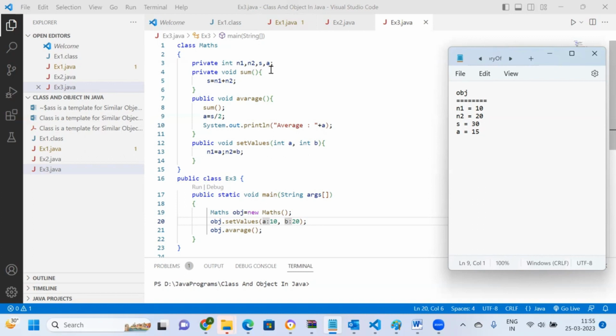Those are declared to be private, and all those members which are to be used by the user, जो फंक्शन या जो वेरिएबल को यूजर एक्सेस करेगा, यूजर कॉल करेगा, उन सबको